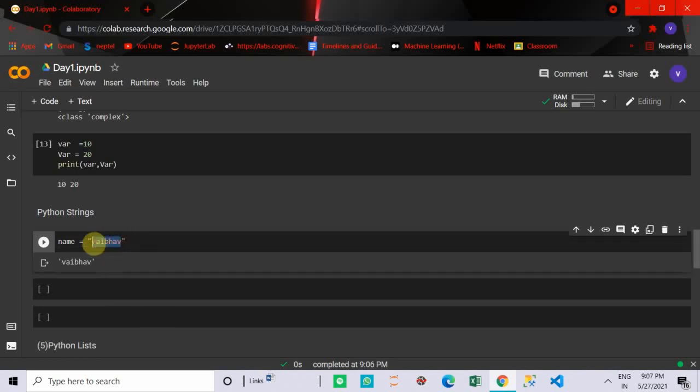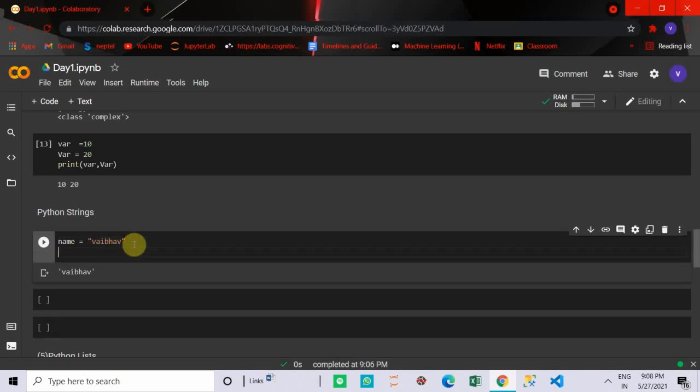There are 7 characters in my name, so the index will start from 0, then index 1, then index 2. Indexing starts from 0. It is like an address, so that we can access these values.